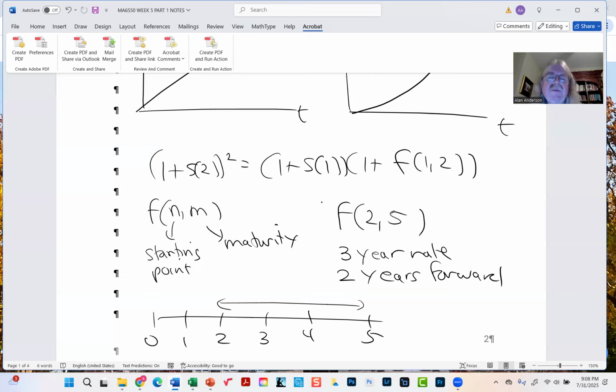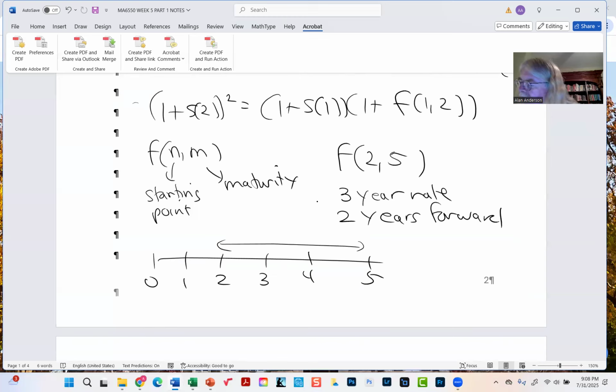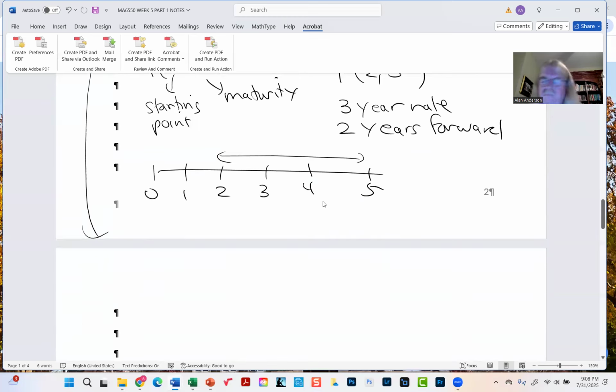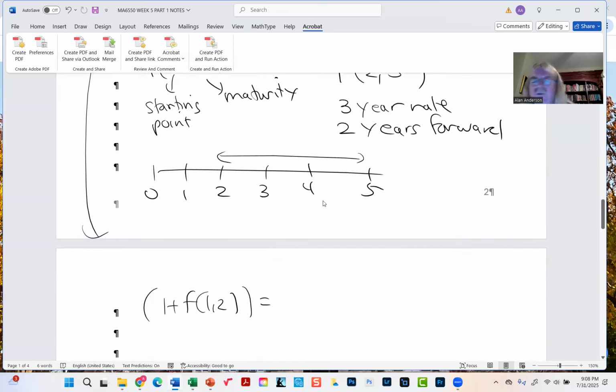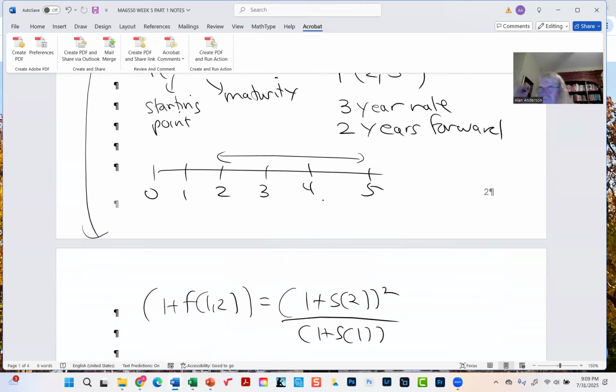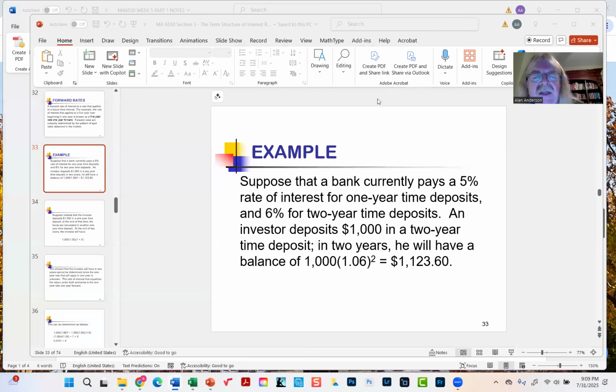Okay, so for this simple case, we can solve now for F12 by rearranging this algebraically. And you'll see that what we've got is 1 plus S2 squared over 1 plus S1. Okay, so if we have a term structure of interest rates where we know the spot rates, we can easily turn around and calculate the implied forward rates. So if we go back to the example we had last time,